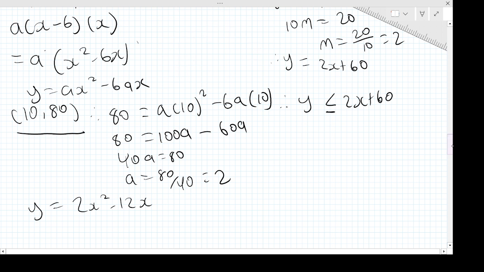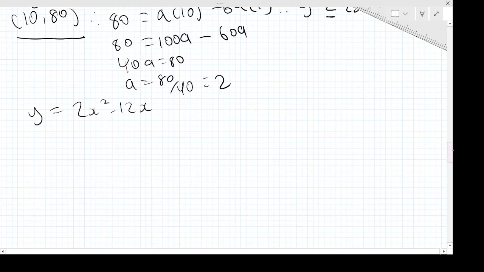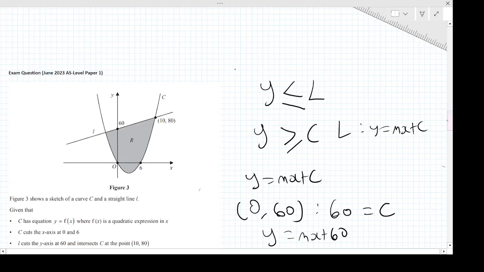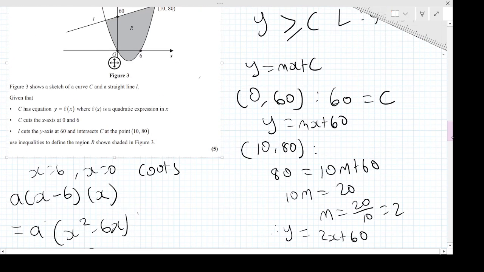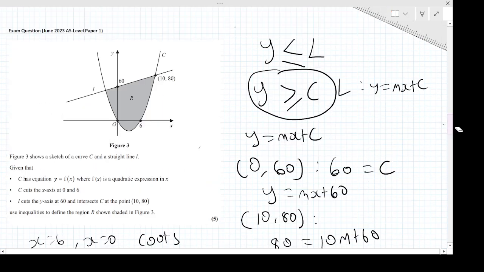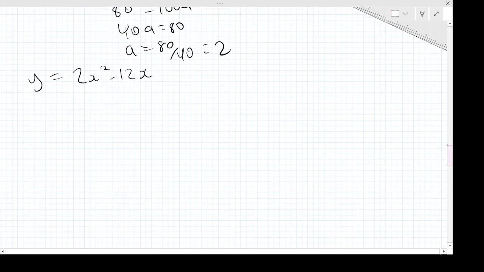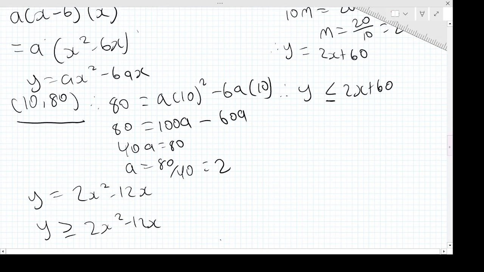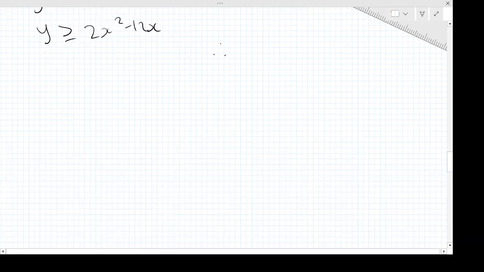Anyway, with that said, we've got our quadratic now. Again, we discussed that the region is above the quadratic, right? So the graph has to be above, the y has to be above the quadratic. Remember, we discussed that over here. Simply then, y is going to be greater than or equal to 2x squared minus 12x. Therefore, if we combine these two inequalities here, we get y is less than or equal to 2x plus 60,